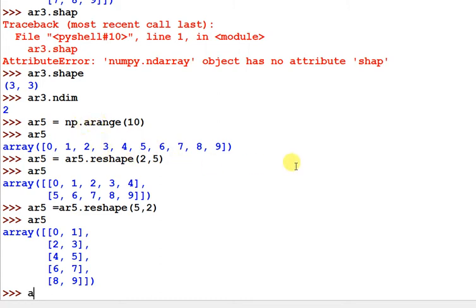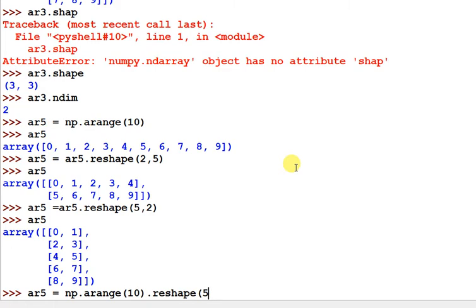Suppose I am again using AR5, and np.arange, and suppose I am passing 9, and .reshape, and in which shape you want to generate.